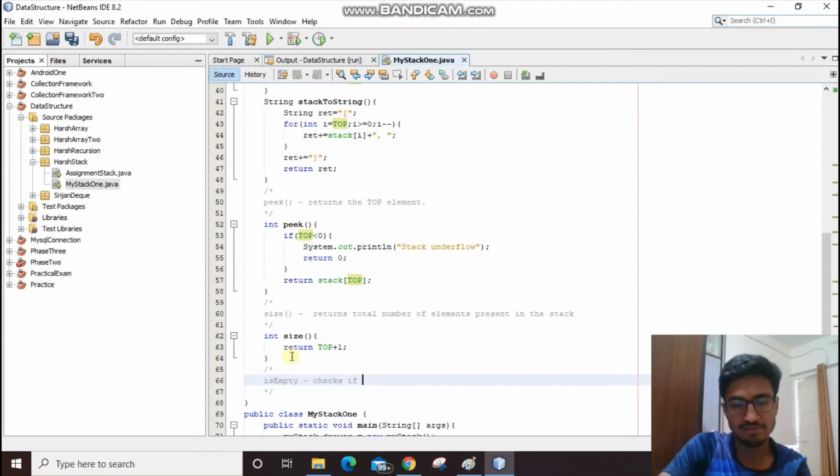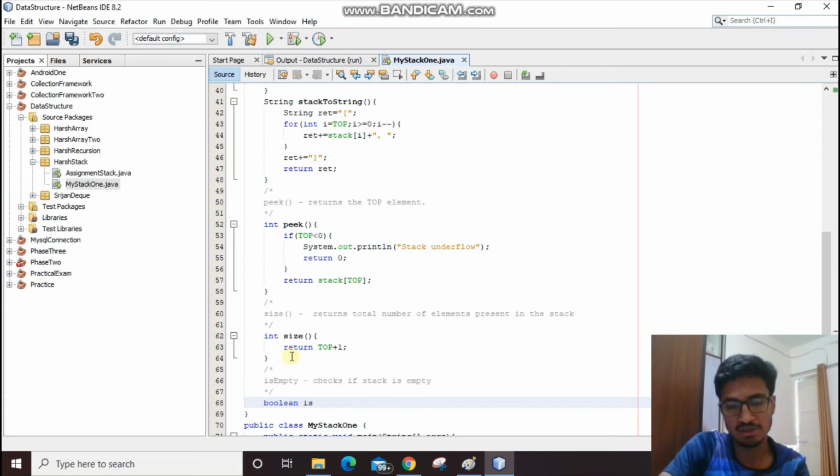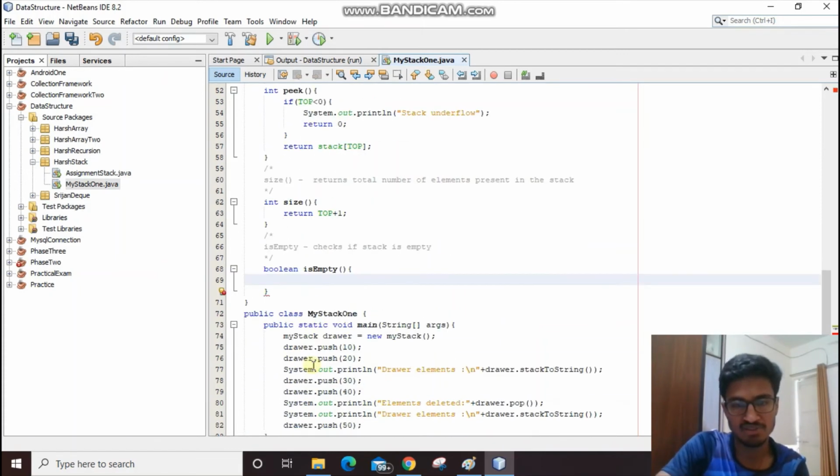checks if the stack is empty, right? So it's returning me a boolean, so I'm writing boolean isEmpty, and then we will check. When the stack is empty, the top is minus 1, that means there are no elements present.